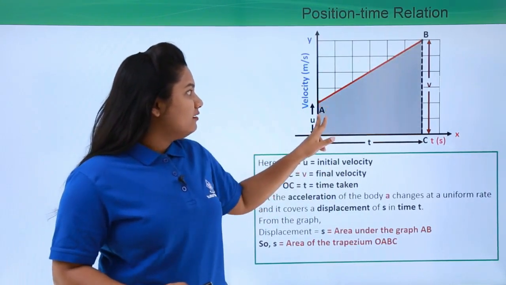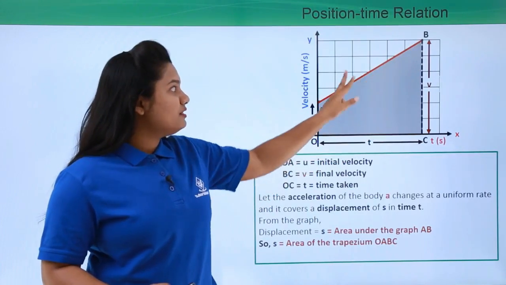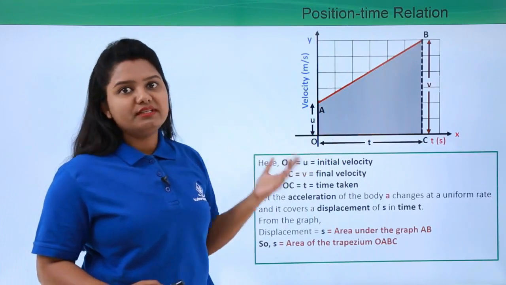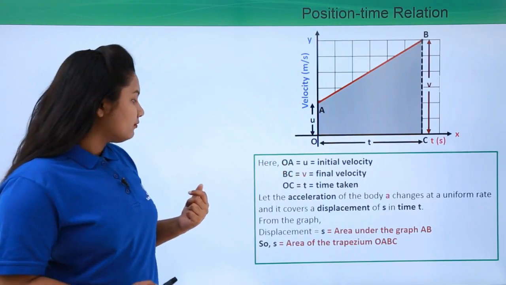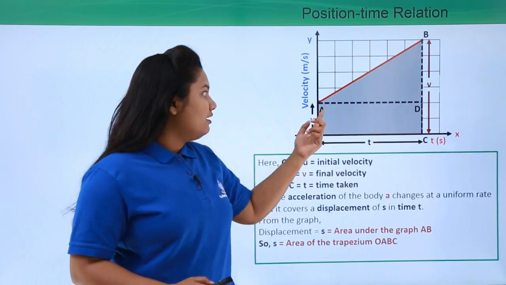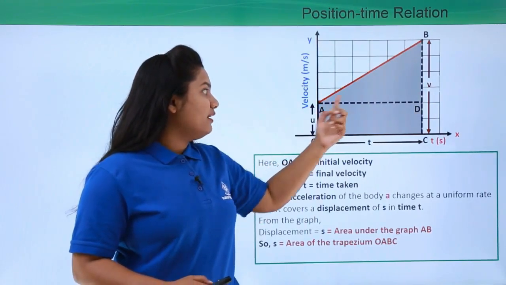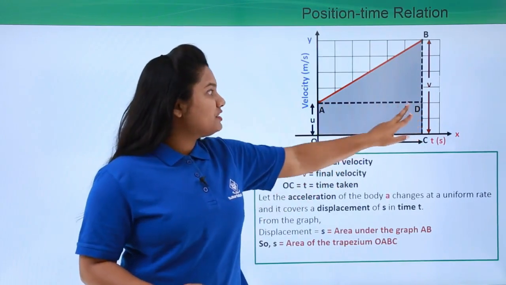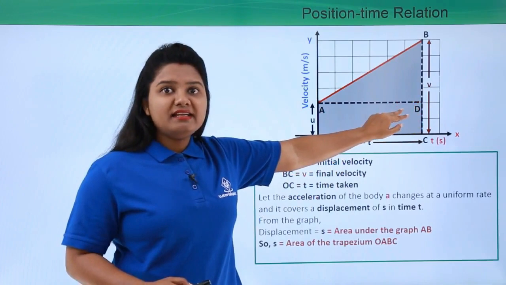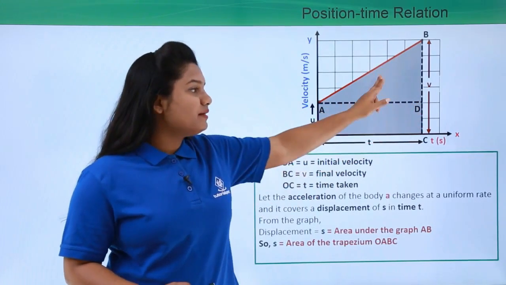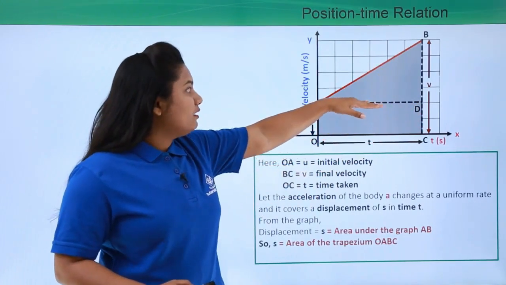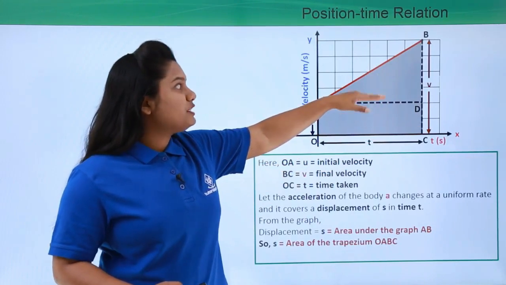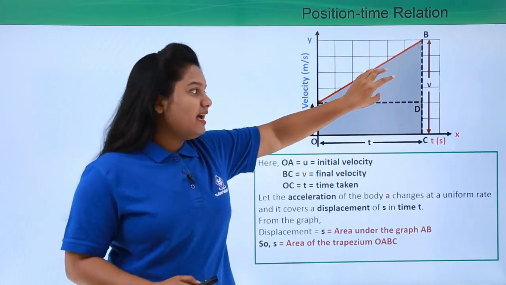Now, the area of this shaded region gives us the value of the displacement in this case. Let us draw a perpendicular line from point A which touches BC at point D. This construction has been made to find the area of the whole trapezium. We will be finding the whole area of the trapezium by first finding the area of the triangle and